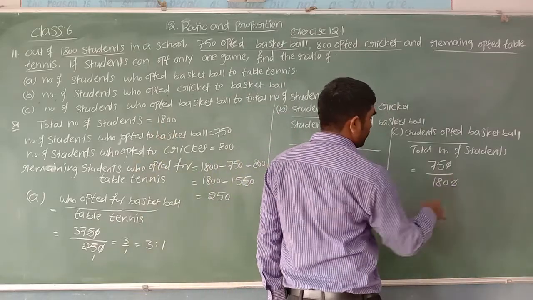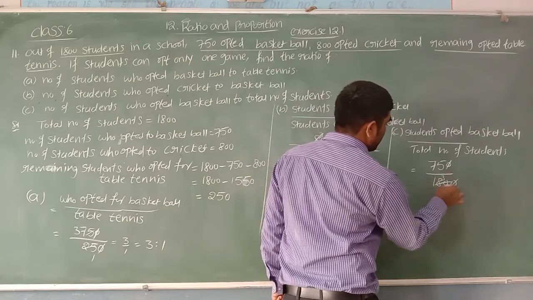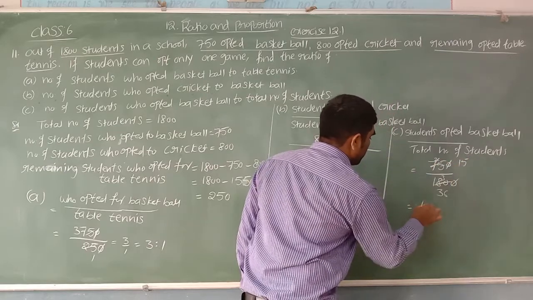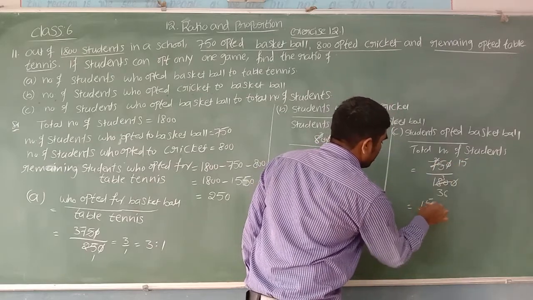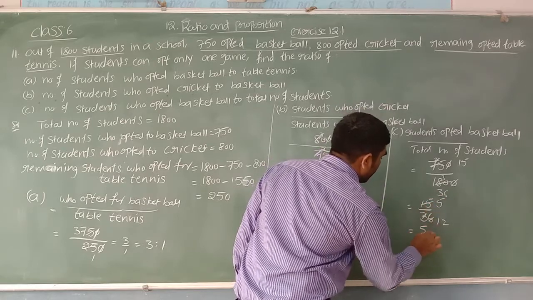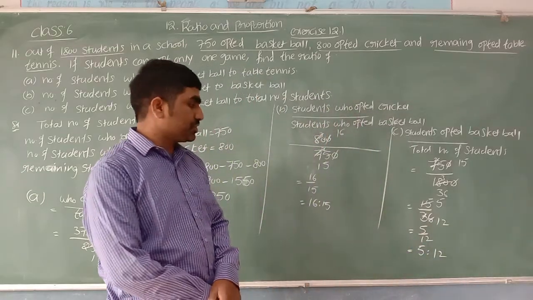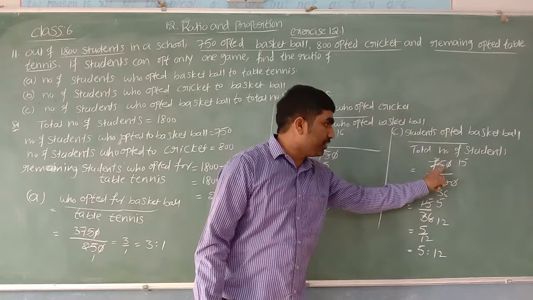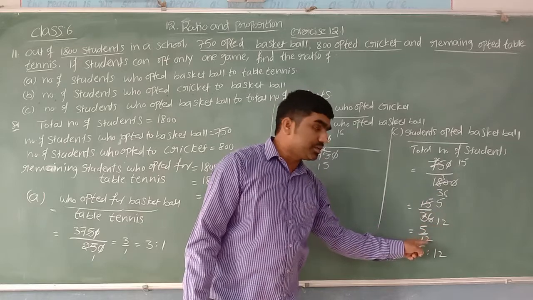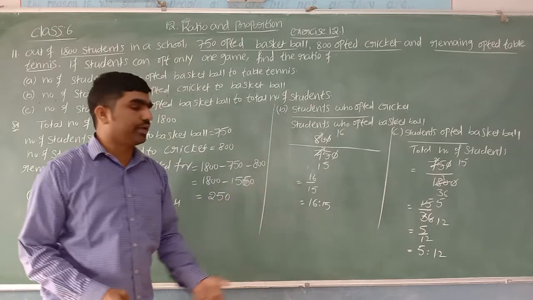You can cancel 00. Yes. 5 3s are 15, 3 left. 5 6s are 30. 5 1s are 5, 2 left. 5 5s are 25. I got 15 by 36. The common factor is 3. 3 5s are 15, 3 1s are 3, 3 2s are 6. Now 5 by 12, I got the simplest form, and we can write the ratio, which is 5:12. Just write the particular values and divide if any common factor is there, and after getting the simplest form you can write it with the help of this symbol. Like that you can find the ratio.